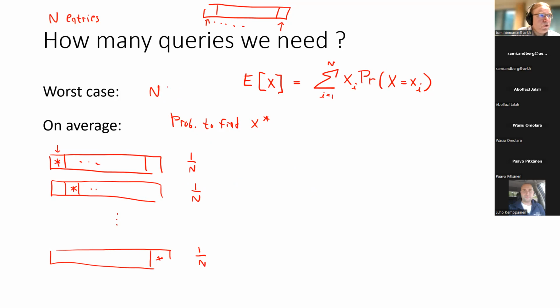But as you know, in computer science, we don't care about the constant factors, like what Pauli was talking about yesterday. Instead, we say this is on the order of n, and the same holds for the average case. So in both the worst and average case, you will need on the order of n checks of the table to find the item.